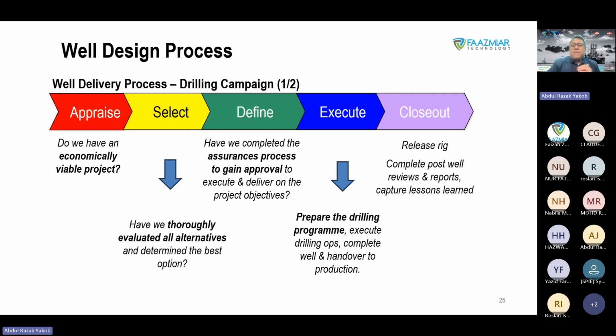The next is define. Define is, have we applied the necessary rigorous method and assurance to deliver on our promise? If I promise, okay, I will give you production, or I'll give you 200 barrels a day, how am I going to do it? Because I have done the study, I have prepared that program, I have analyzed, and I am very confident of my analysis. You have to understand that whenever you make promises, you need to deliver on that promise. That's why I don't like to promise, because in this business, it is very